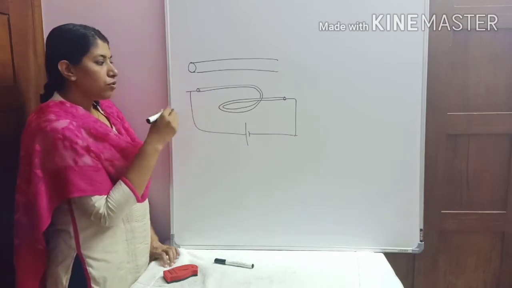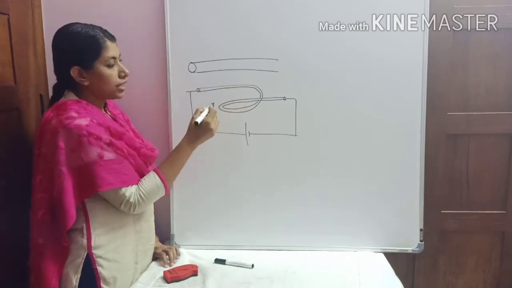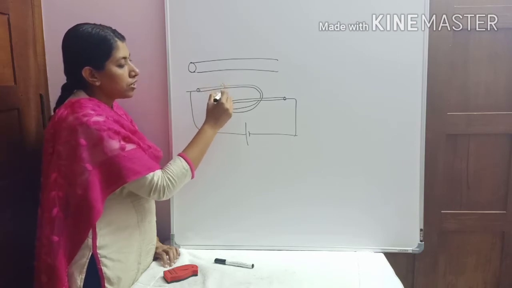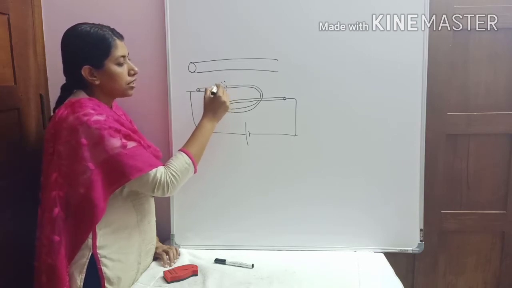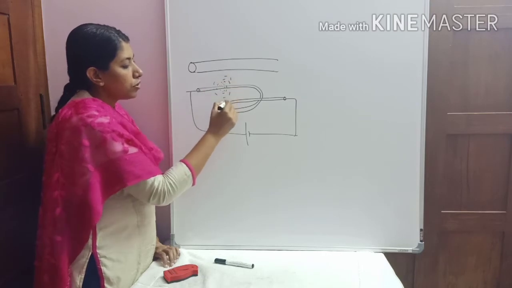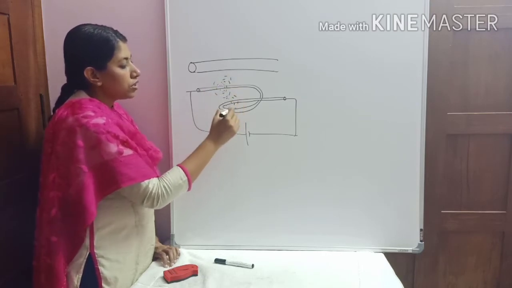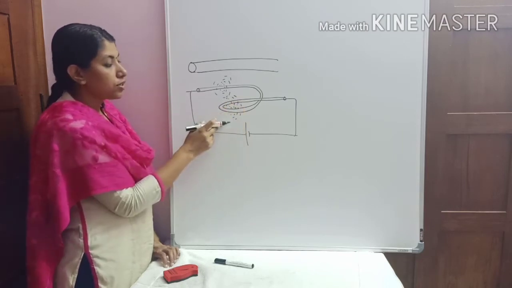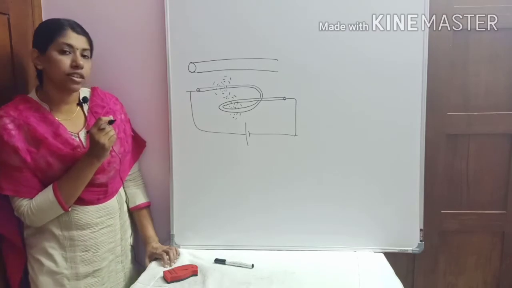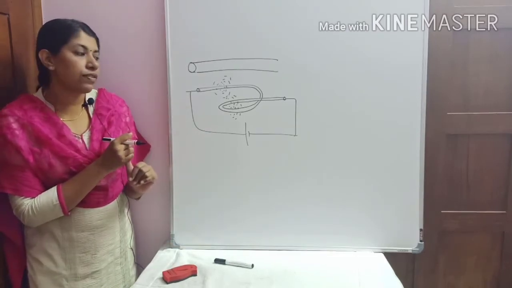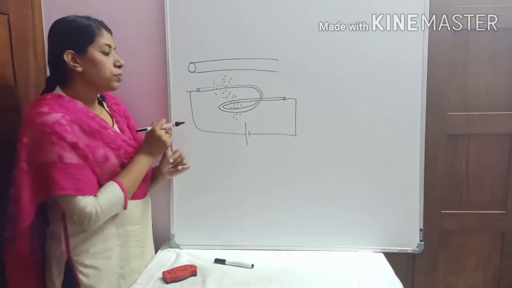when you apply a voltage, a current will flow through the conductor, and when the current flows through a conductor, it will produce a magnetic field surrounding the conductor like this, right? So it will produce this kind of magnetic flux in every part of the conductor. So the flux linkage will be more in the case of a coil. That is why the inductor is considered to be in coil shape, so that it will have a higher value of inductance.